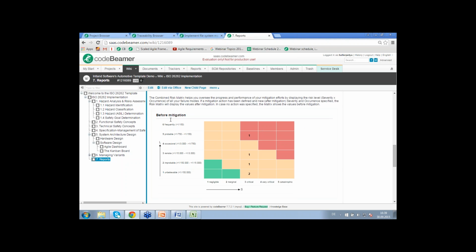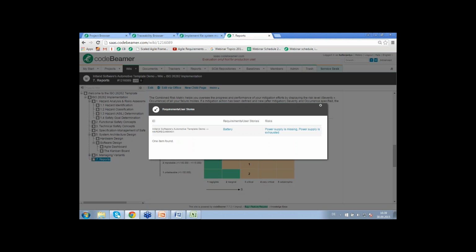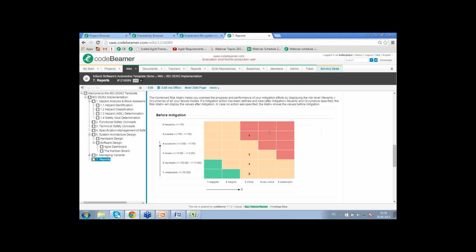So before you plan your actions, before you derive any requirements to mitigate your risk. And here in this risk matrix diagram, you are able to visualize all these items, whether they are in the acceptable risk level or not. Once you click on these numbers, you will see exactly to which requirement they are related and which is the risk exactly. And you see there are so many risks defined here in this demo